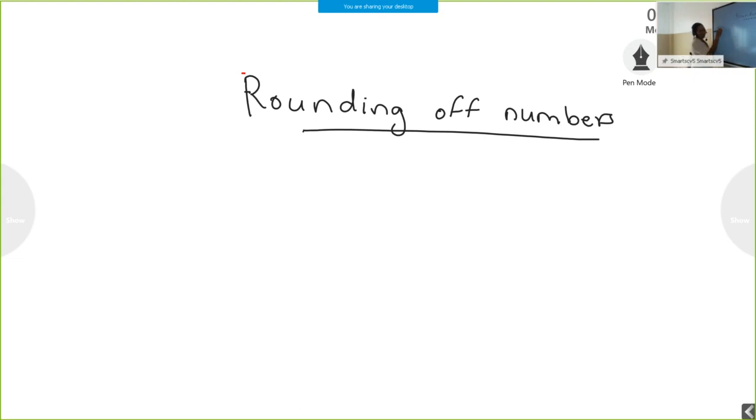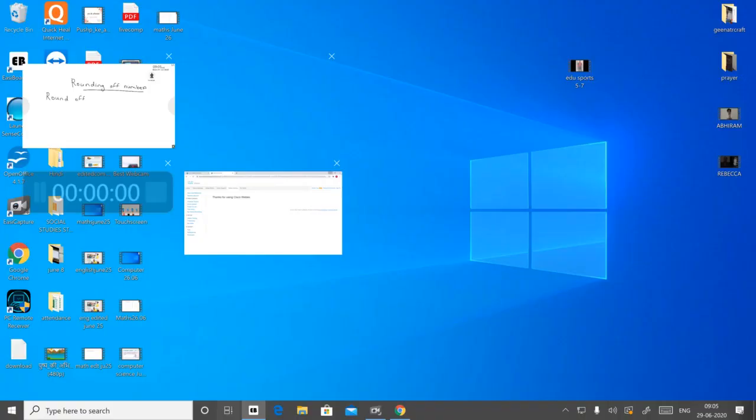So the first one is round off to the nearest 10. So first section we have to learn rounding numbers. This method you have to follow for large numbers also. Now in this chapter we are going to learn only rounding numbers up to 10, 100 and 1000. But once you learn rounding of numbers till 10, 100 and 1000, then the same method you can do for large numbers also.